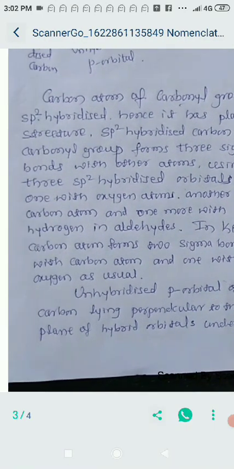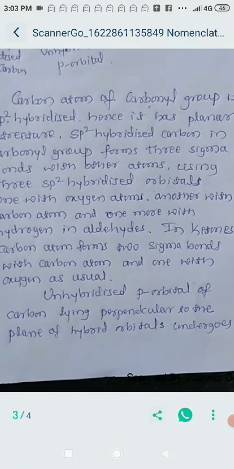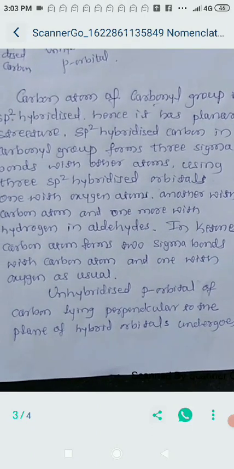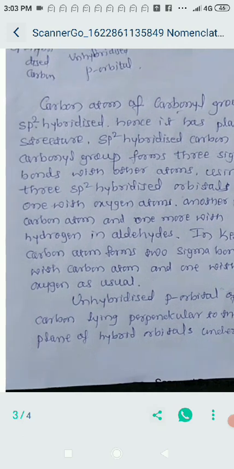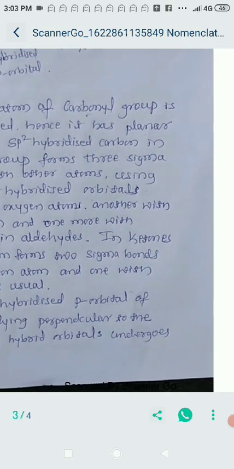In ketone, the carbon atom forms 2 sigma bonds with carbon atoms and one with oxygen as usual. The unsaturated p orbital of carbon lying perpendicular to the plane of the hybrid orbitals undergoes